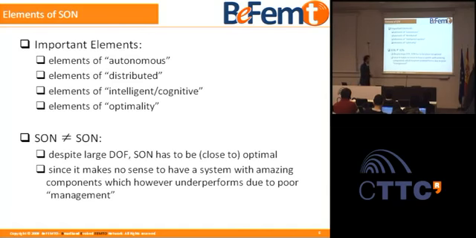So I do believe that there's a true scope for cognitive elements, but true cognitive, not the false cognitive, not this decision-based taking, but the true cognitive algorithms in the SON framework, even in industrial context. So yes, SON is not equal to SON. The different algorithms, some are good, some are better, some are lousy. What you want is a good management,